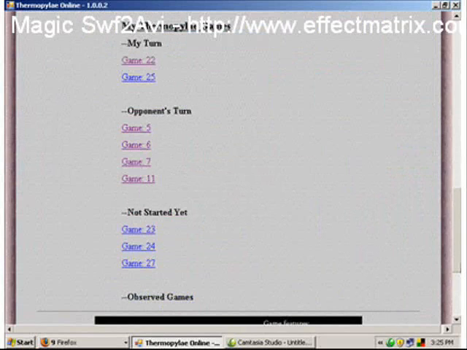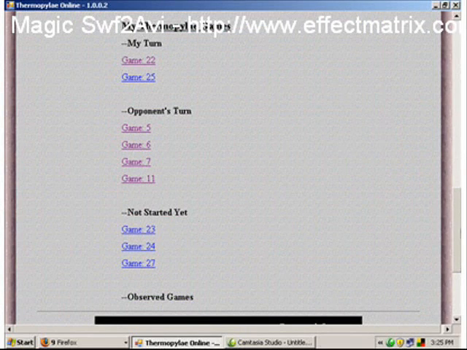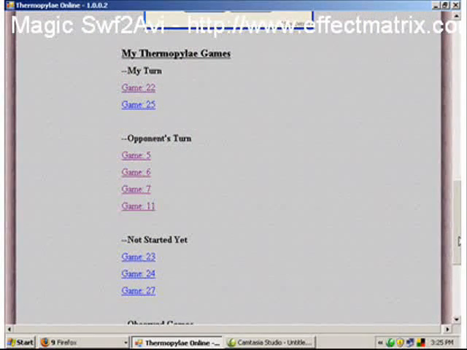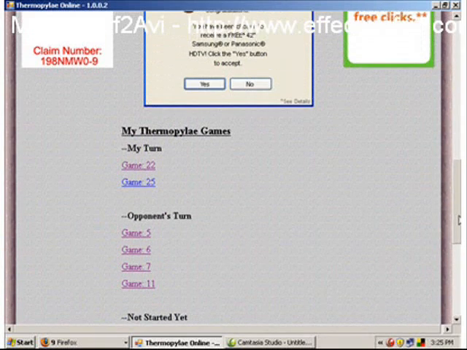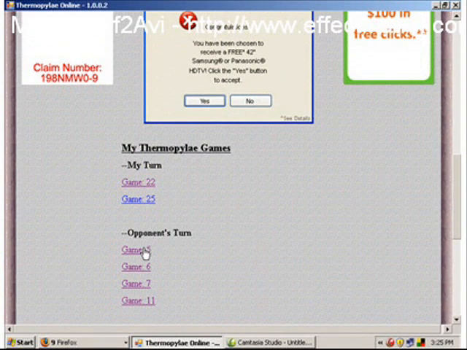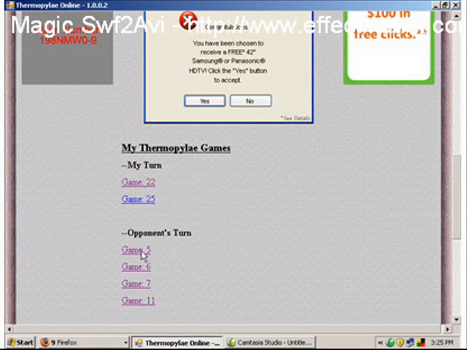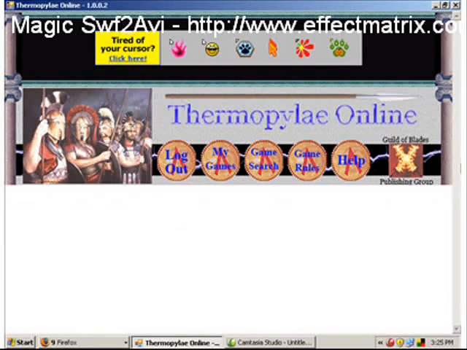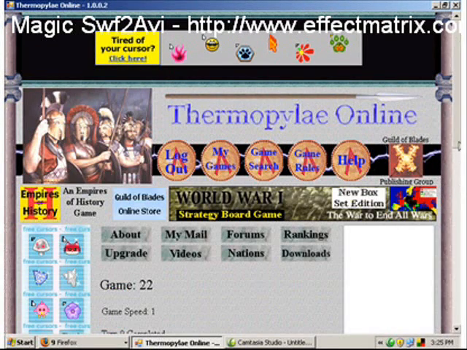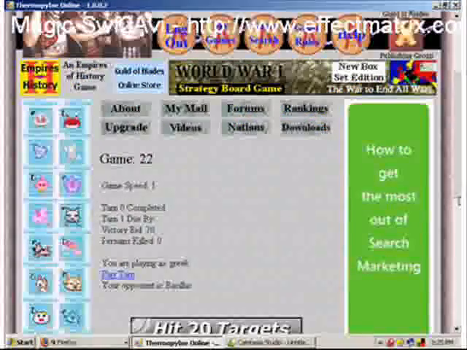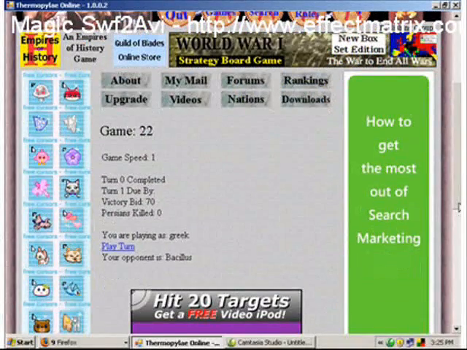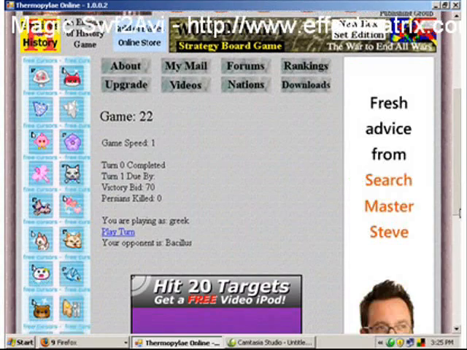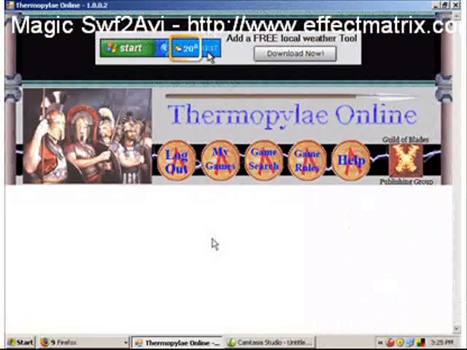So here we are. Here's a few games down here that haven't started yet. But I'm going to go ahead and take you into a game that's already in process so you can get a feel for how it's shaping up. I'm going to click in game 22. Now in game 22, as the game map loads, this